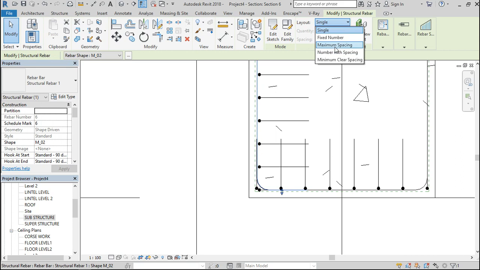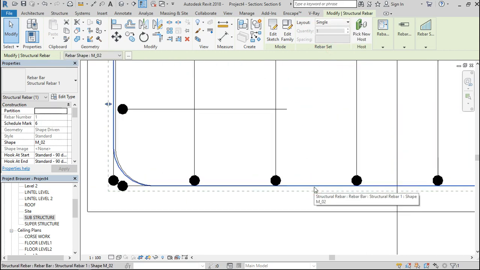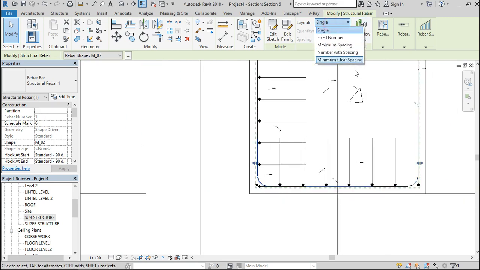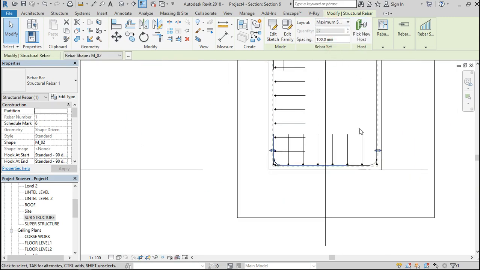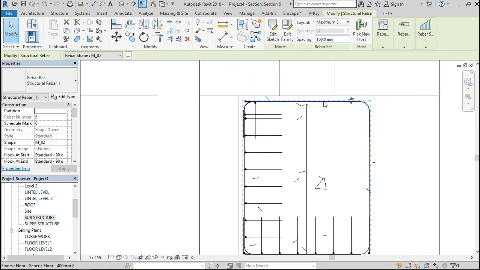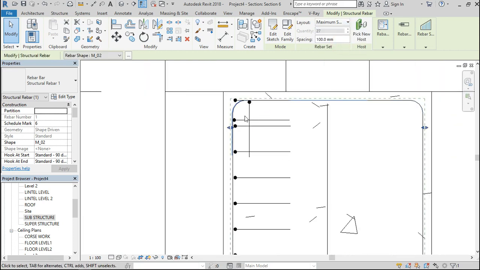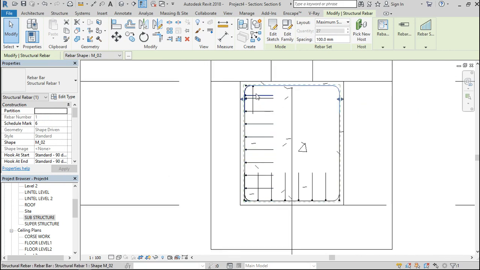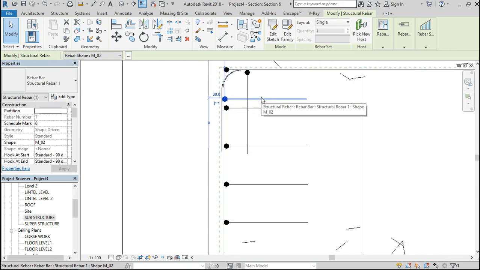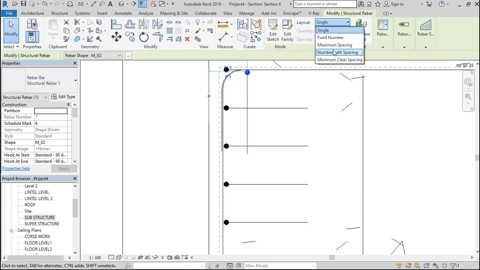Maximum spacing too. And maximum spacing to it too. Also put maximum spacing and change this one to the maximum spacing. Okay, it's supposed to be do that way. I kind of forgot. Maximum spacing,